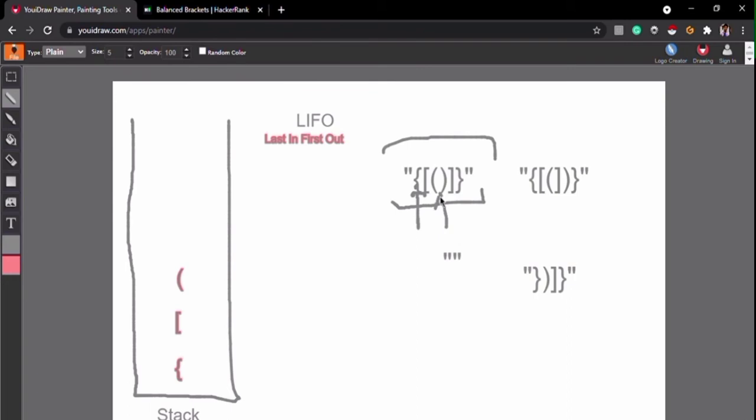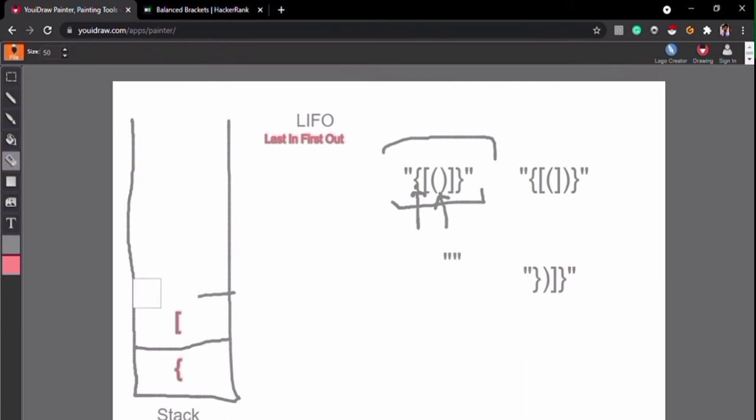We can see that this is a closing bracket of circular type. Whenever we encounter any closing bracket, we check on the stack whether the top element of the stack is the matching pair of that closing bracket or not. We can see that on top of the stack there is an opening bracket of circular type. So this is the matching pair of the closing bracket of circular type, so we simply pop it out from the stack and traverse to the next element. So let's pop it out.